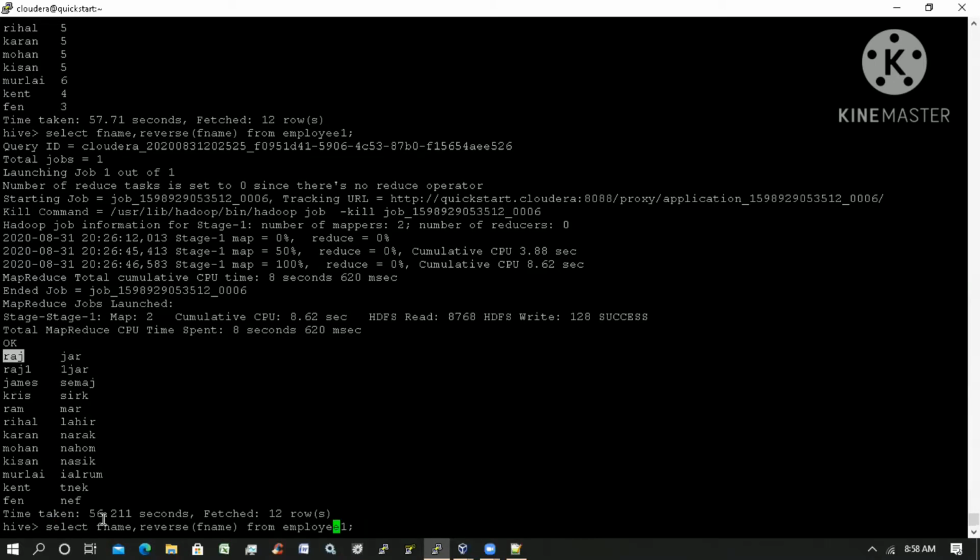We have some other functions called LPAD, RPAD, like that. Padding with some data.